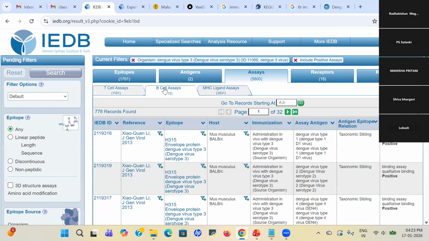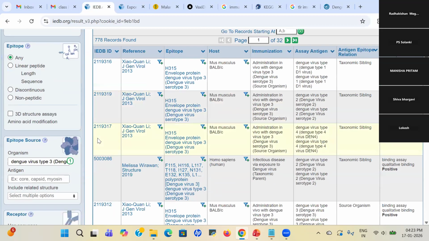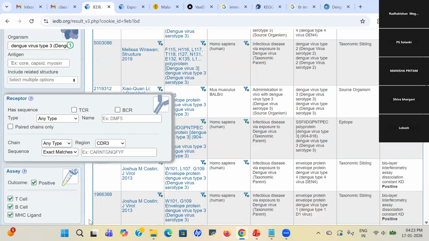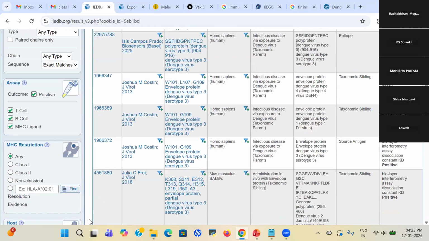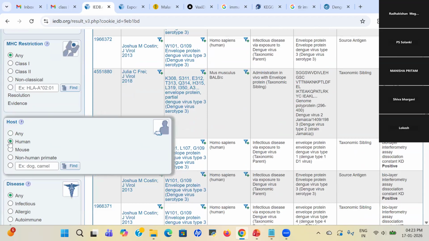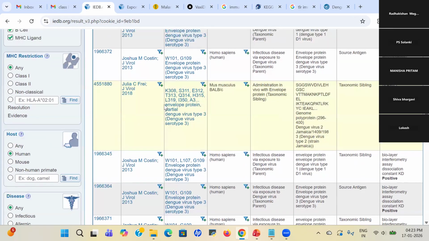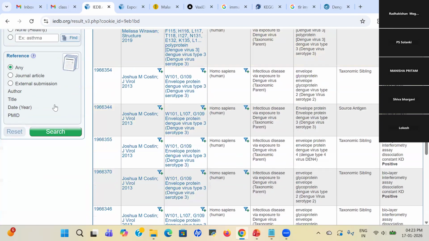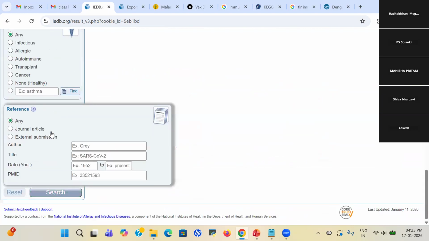And again, you can also go for B cell assay. In B cell assay, you can see that some are mouse host and there could be some human host. But if you are interested specifically in human host, you can filter. On the left side, there is a filter option. You see, if you click on human, and if you click on search,